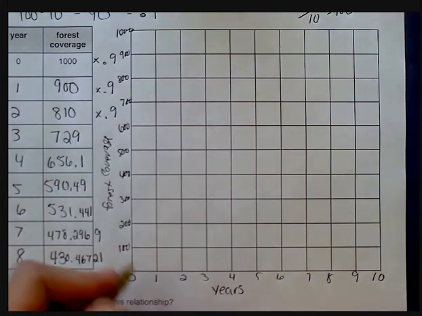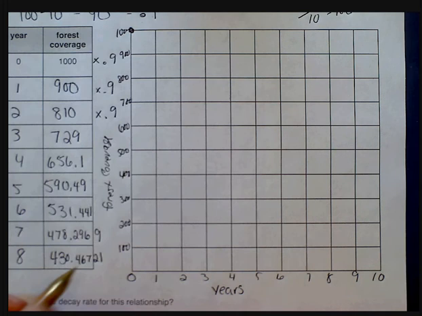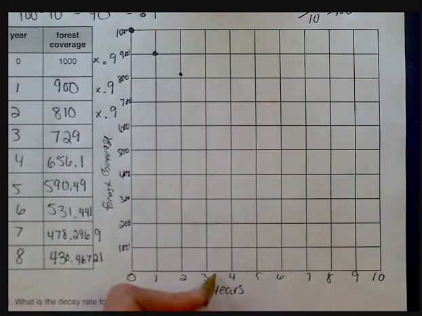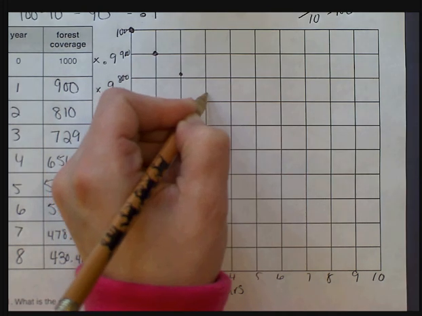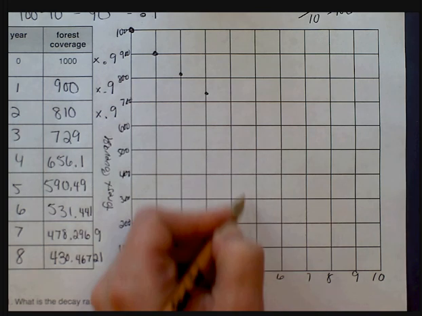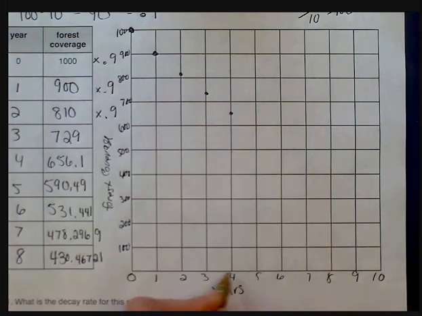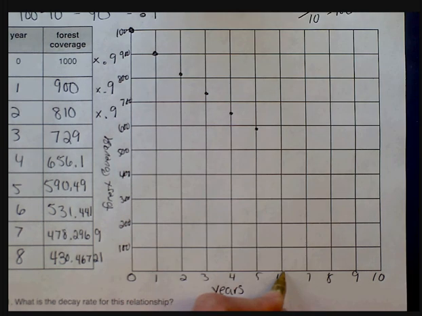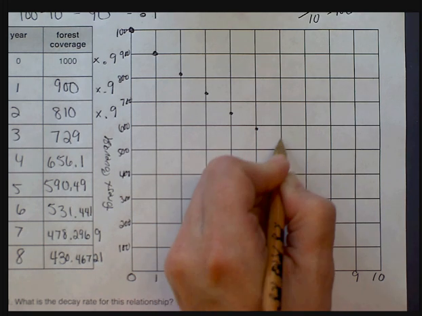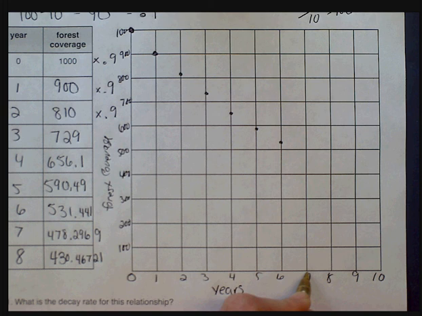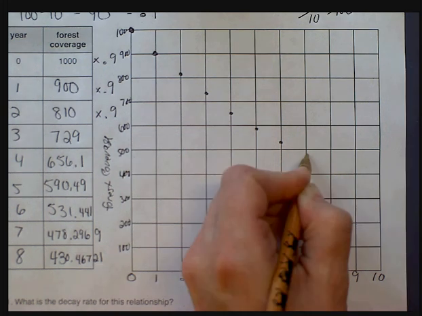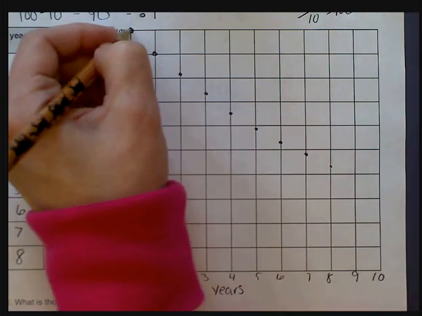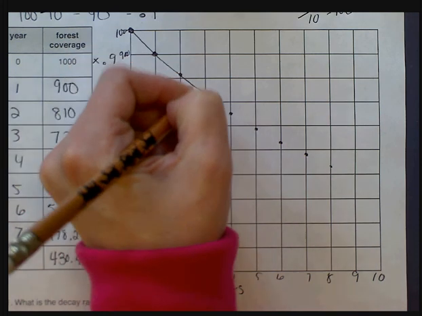So I plot my points. 0 and 1,000, all the way up here. 1 and 900, 2 and 810, 3 and 729, 4 and 656, 5 and 590, 6 and 530, 7 and 478, 8 and 430. So you can see it's decreasing slowly at that exponential rate because we're only decreasing by that